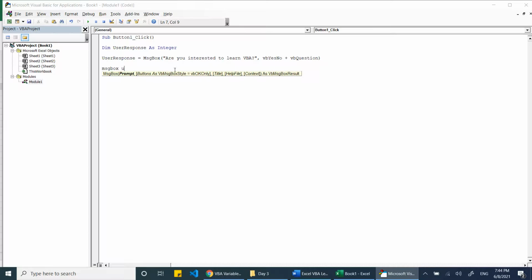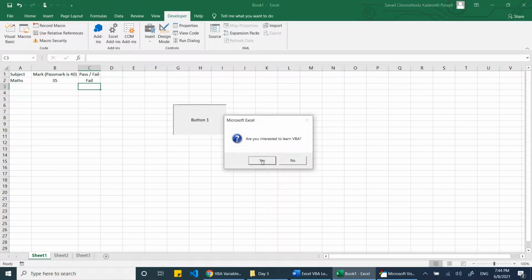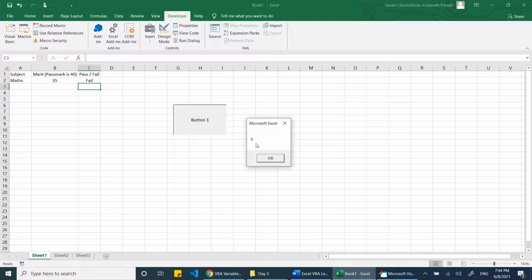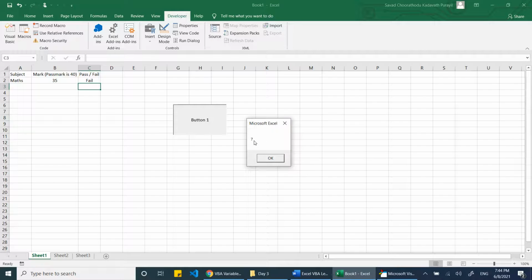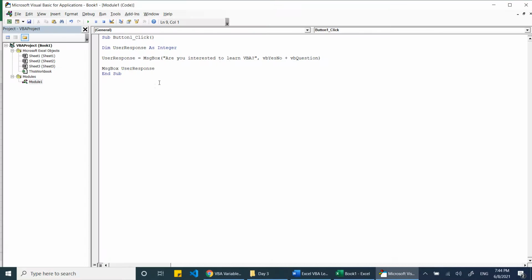MsgBox user response, let me copy. Now as you see, if I click yes, 6 is the value corresponding to yes, and if I click no, it will be 7, I think. Yes, 7 is the value stored for no. So we don't have to remember those numbers.